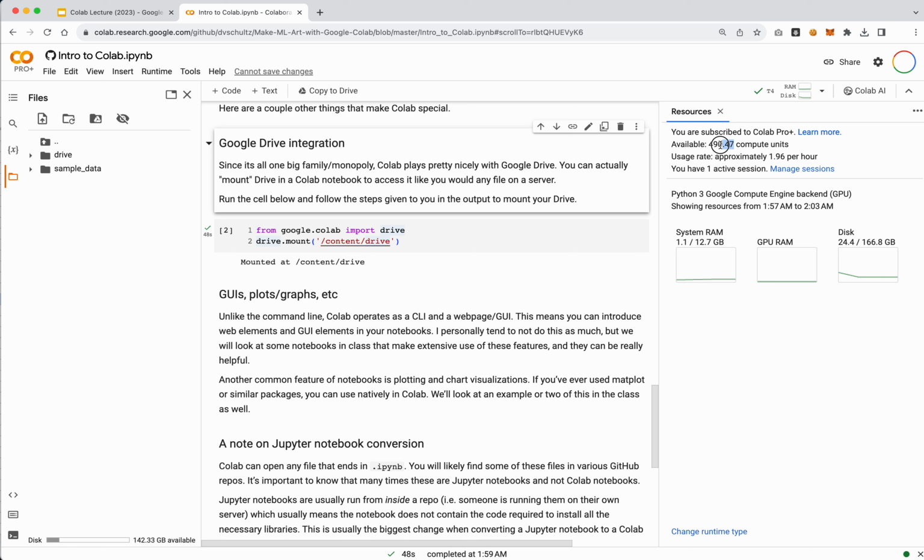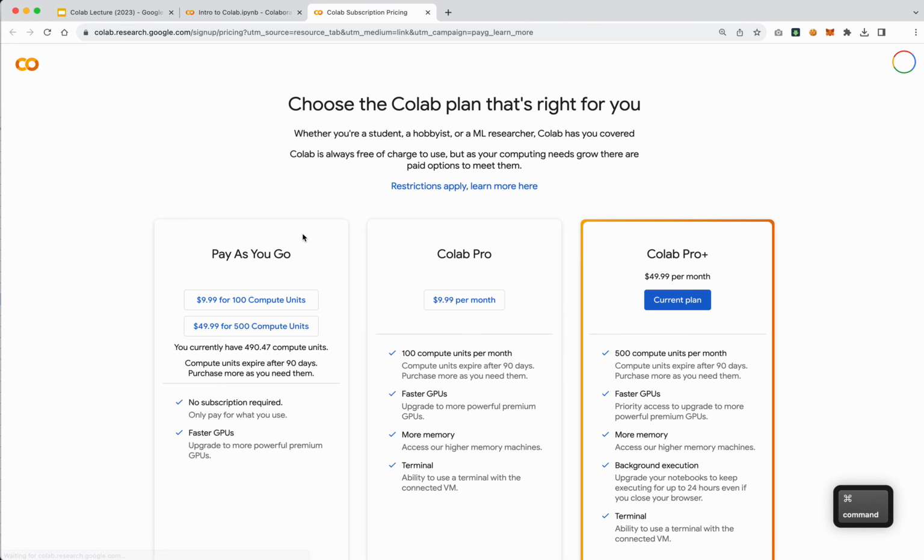Now, when this gets below a certain threshold, I think below 100 on Colab Pro Plus, you'll be allowed to purchase more credits. There is the pay-as-you-go plan, where you can pay per session credits. But you don't really need to buy these until you've actually run low. Oh, actually, they changed this.